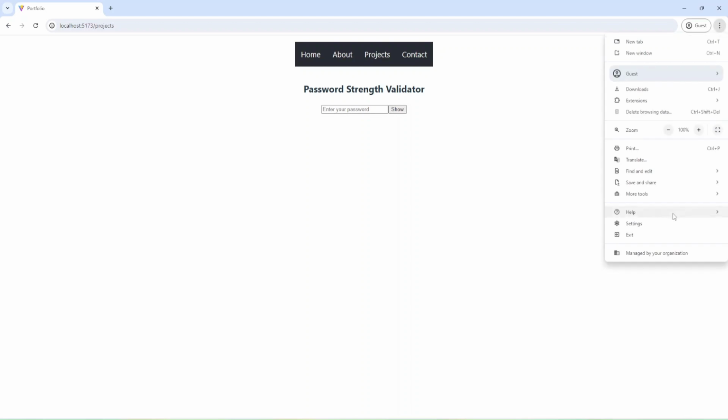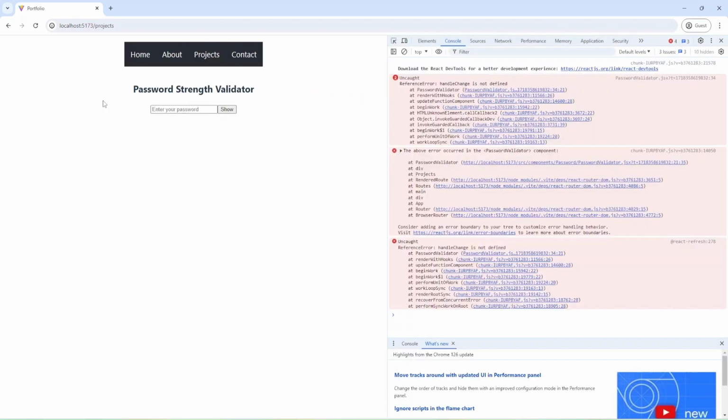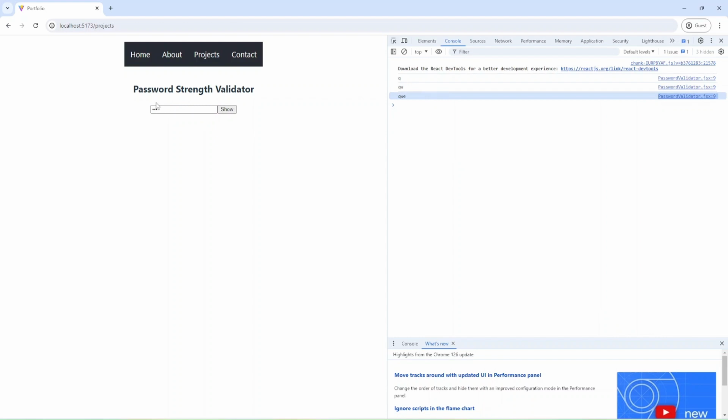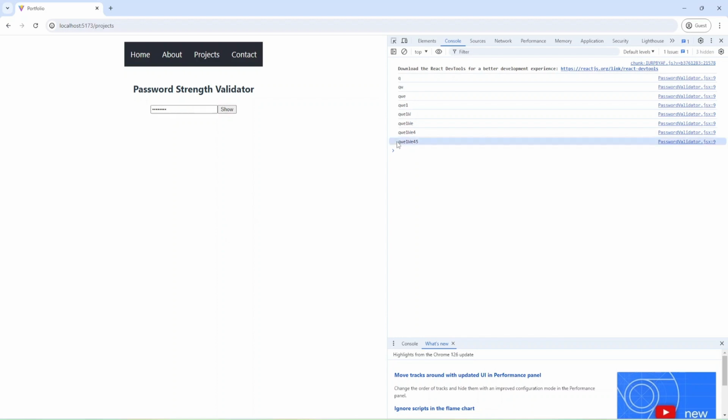I can open my developer tools. Okay, I can refresh and write some value, and as you can see, we have the value in console, and when I type, the value is changing.